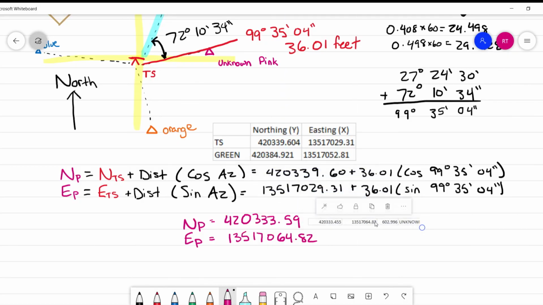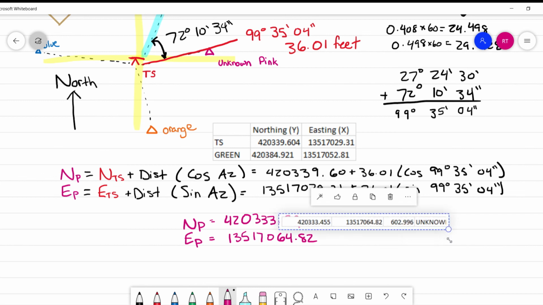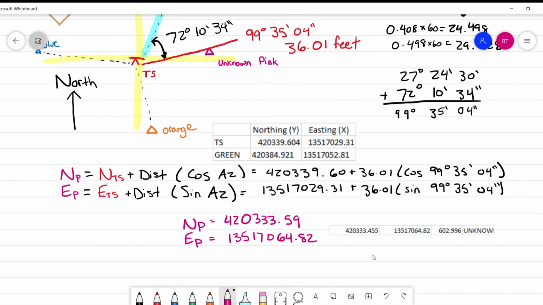And these are the coordinates that I recorded with a GPS. So our difference in our northing is about, I don't know, 1/1500ths of a foot, and our easting is right on. It is exactly the same number. So that is awesome. And there you have it. That is how you calculate the coordinates to your surveying resection.